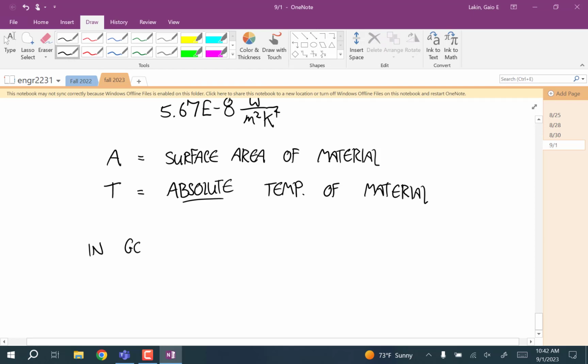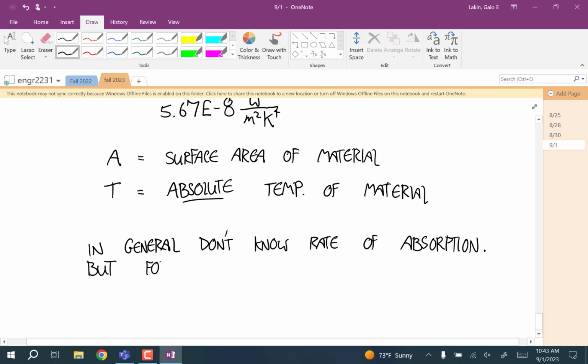In general, we don't know the rate of absorption. But for a smaller body completely surrounded by a larger body,